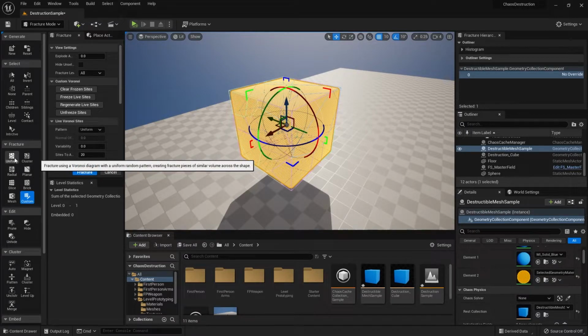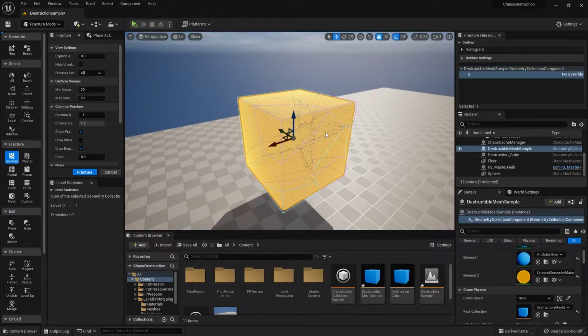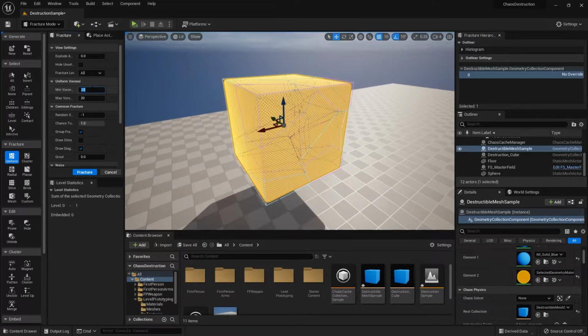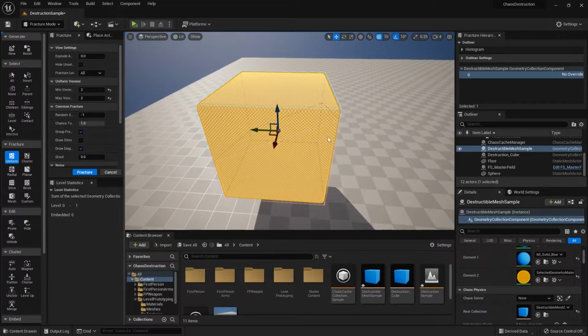So for the purpose of the example, I'm just going to use uniform for my fracture. And all you need to change from the uniform is the min/max over here, the min/max Voronoi. Yeah, I think that's how you pronounce it, Voronoi. And this basically is the min/max amount of fractures that you can get. So if I do 2 for min and 2 for max, then it will only generate 2 pieces.